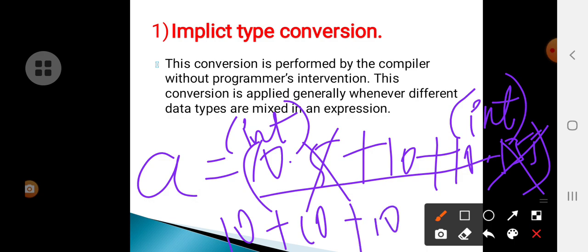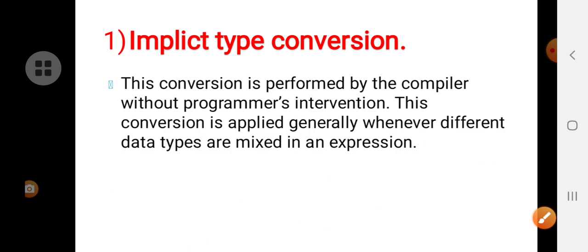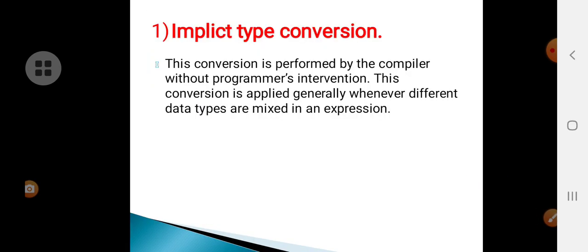So this is how the implicit type conversion will work. Okay, so the compiler will automatically convert from one data type to another data type. So this is the implicit conversion. So next we'll see